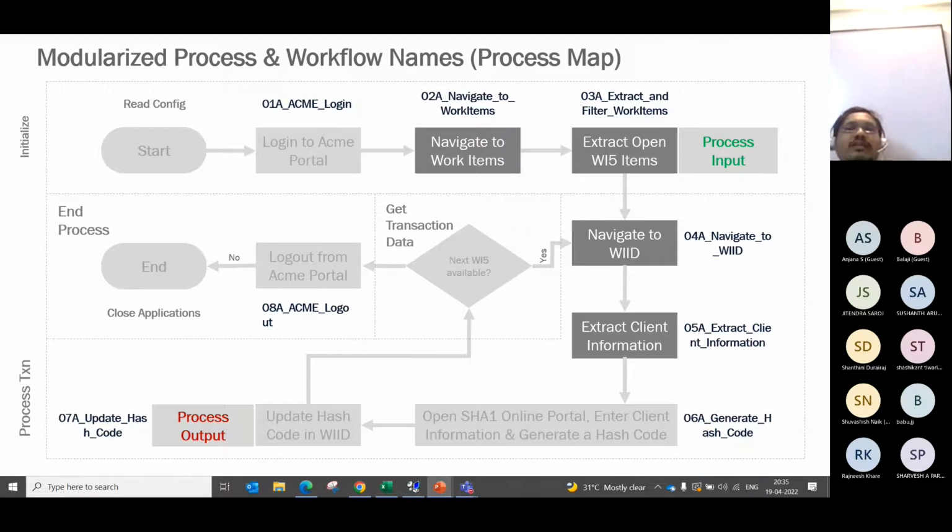So what we can do is divide the 8 workflows amongst, let's say, 3 or 4 developers. Let's say you have 3 developers. For one developer, we can assign all the initialization workflows wherein we log in, navigate and extract the data. Then we can assign some workflows of the process, let's say navigation, extraction, and generation of the hash code, to one developer, and then updating the code and Acme logout we can assign to the third developer, so that they all will have separate workflows to develop